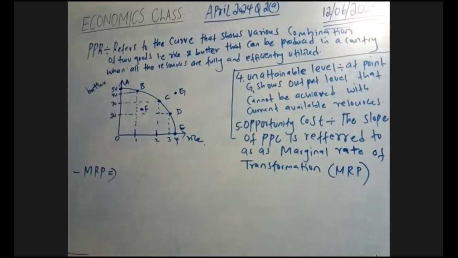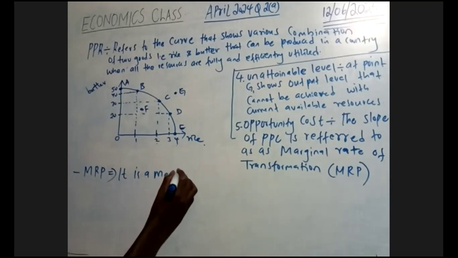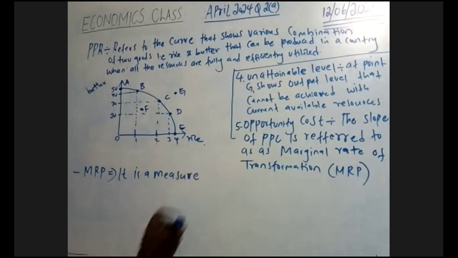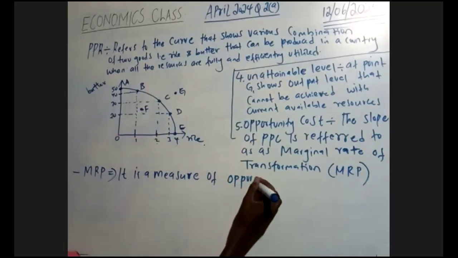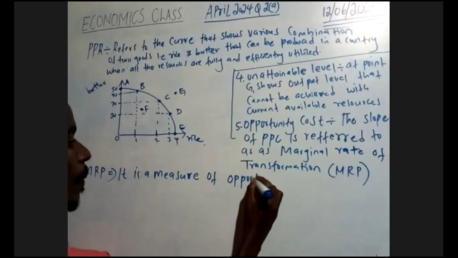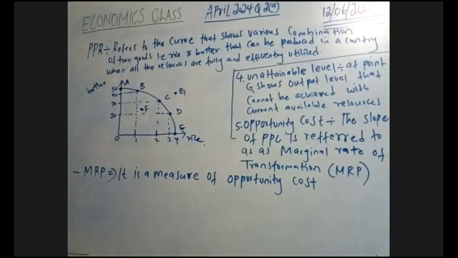Let us define what MRT is, because we have said the slope of the PPC is referred to as the MRT. We say it is a measure of opportunity cost